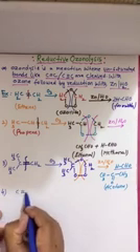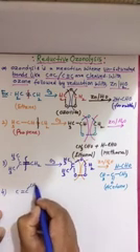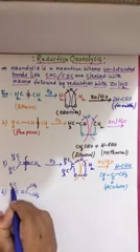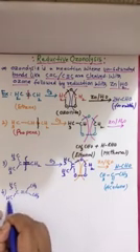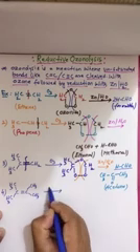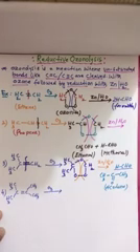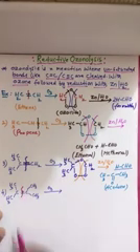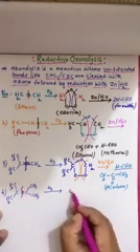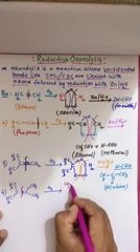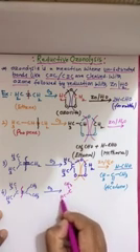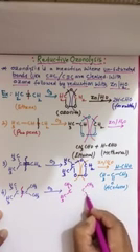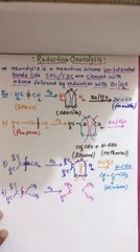C double bond C, with CH3, CH3 and CH3, and here CH3. This is a substituted alkene. First, ozone. What I told: simply where a double bond is there, there you break, and you get 2 parts. This carbon with the CH3 group, and this with the CH3 group, and here C with CH3 group, and this is CH3 group.